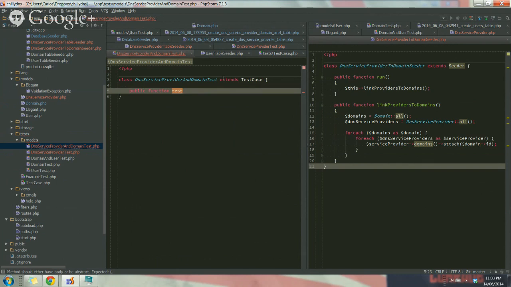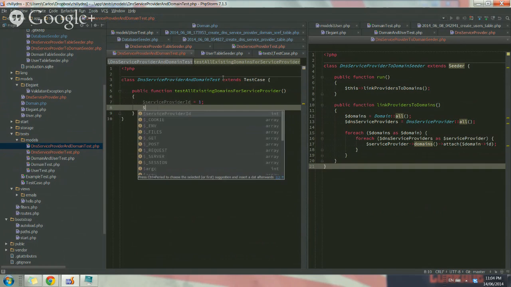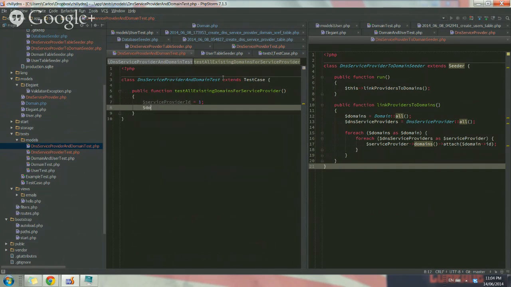We're gonna test that. Test all existing domains for service provider. Let's do this. And so let's get all. Let's do service provider ID. Let's give it this one. Now let's do all domains. Let's get all domains